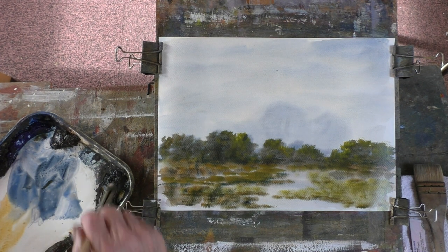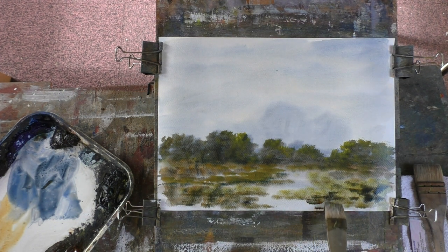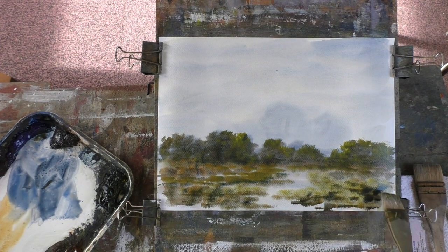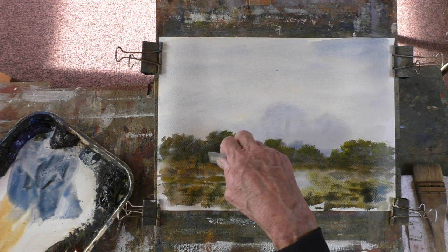Let's get some more darks in here. Right, okay, card. I've got lots of bits of card. Don't throw them away. They're very good for scraping out. The credit cards are probably the best because they're a bit thicker. But anyway, I'm going to use this. Let's